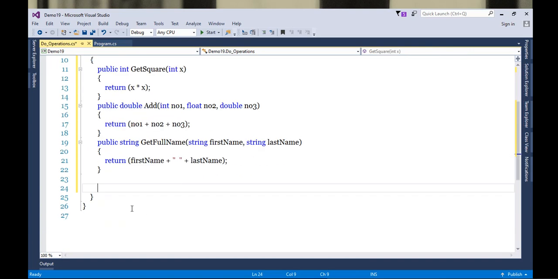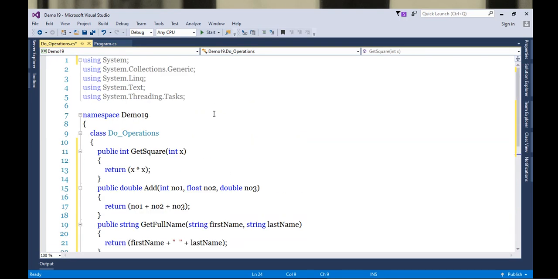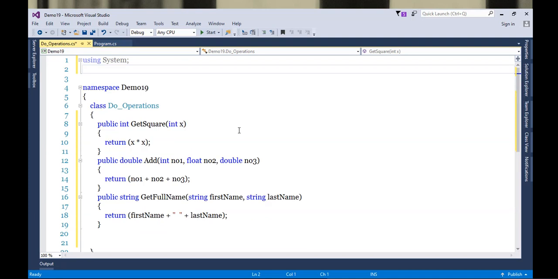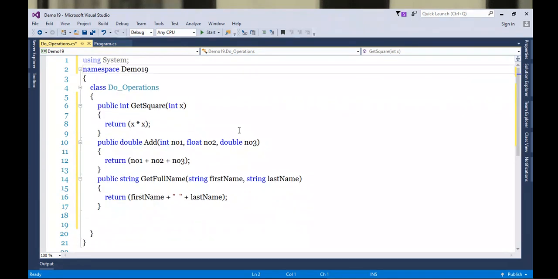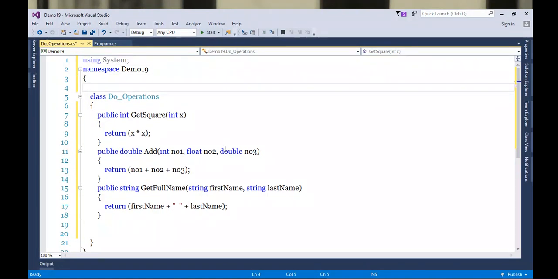All right, so we got 3 methods lined up, and these 3 methods I wrote to explain all those 3 concepts. Let me just delete these namespaces. These are not required now. Okay, let's go ahead and start creating delegates for this. If you know the basics already, the return type of the method and the signature of the method you need to think about. When you create a delegate, you will keep this as it is.